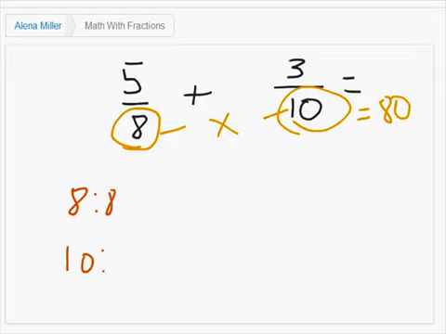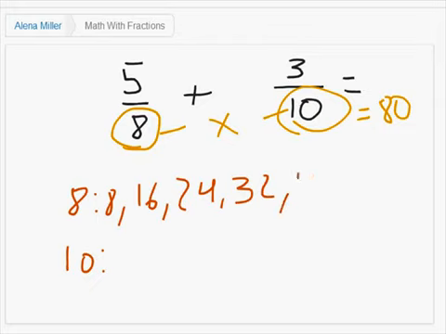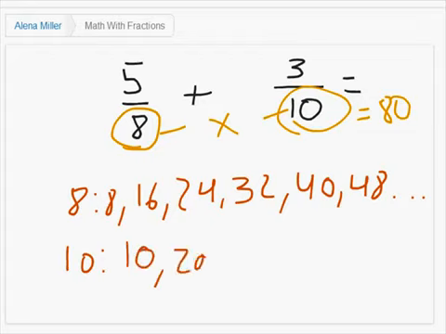8, 16, 24, 32, 40, 48, and so on. For 10, it's pretty easy. 10, 20, 30, 40, 50,